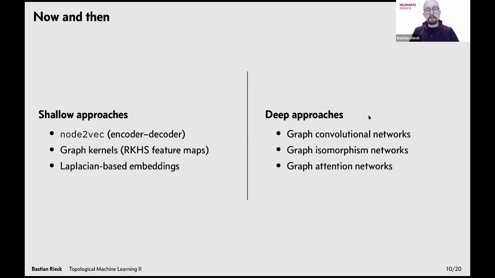There's also the very venerable, and I still consider them to be very interesting, graph kernels, which are feature maps of reproducing kernel Hilbert spaces, if you're familiar with that. And there's also, of course, embeddings based on things like the graph Laplacian or the Hodge Laplacian and things like this. On the other side, we have the deeper approaches, which